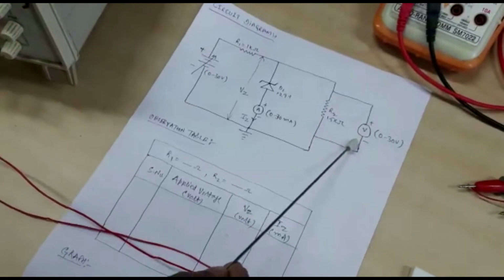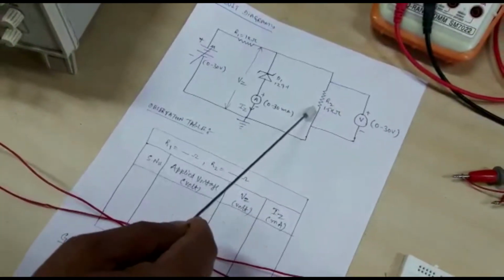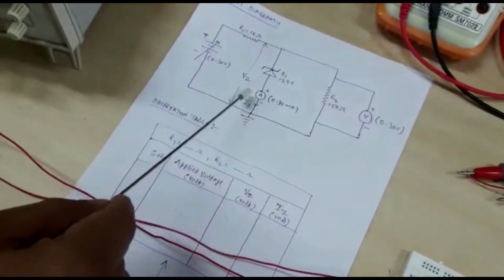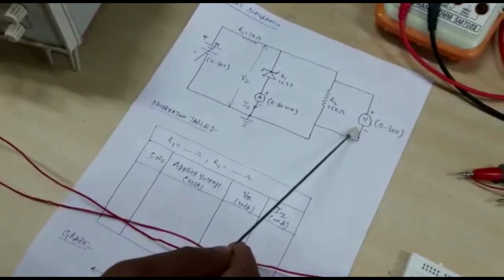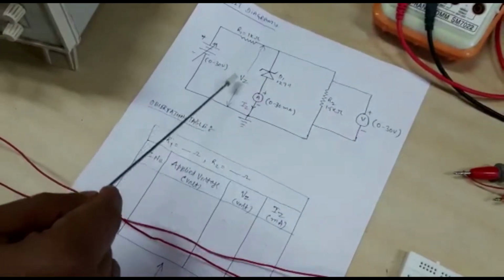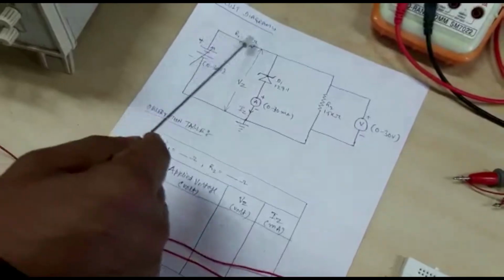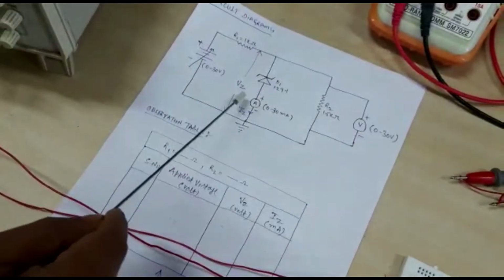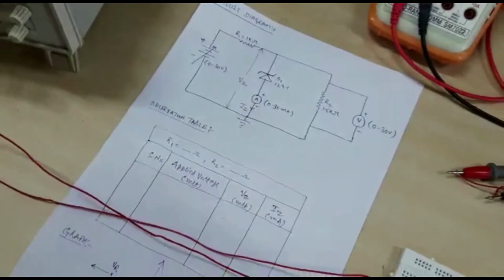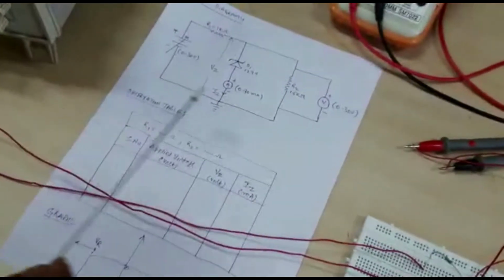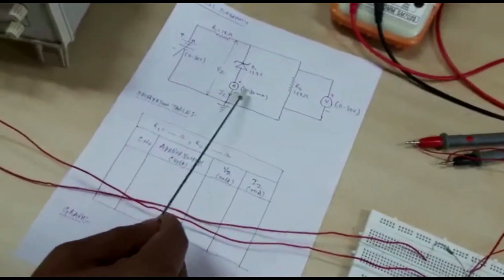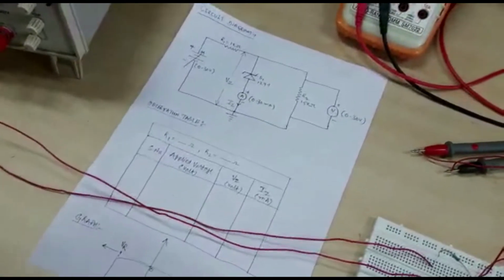A voltmeter is also connected in parallel to this load resistance as well as the Zener and ammeter. This voltmeter will read the value of Vz. So Vz is the voltage across the Zener diode. Now the current through the Zener diode will be read by this ammeter, that is Iz. The ranges of different voltmeter as well as ammeter are mentioned on the circuit diagram.